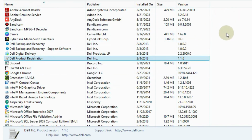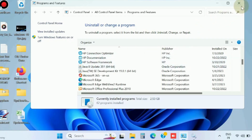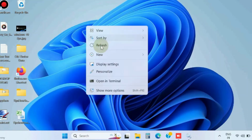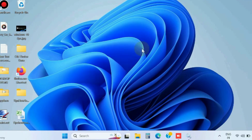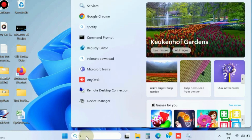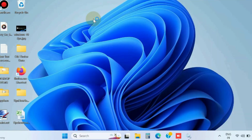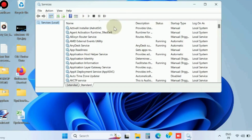The next workaround is turn off Dell services. To disable Dell services, again go to Windows search and type services, open services windows, and here look for Dell services